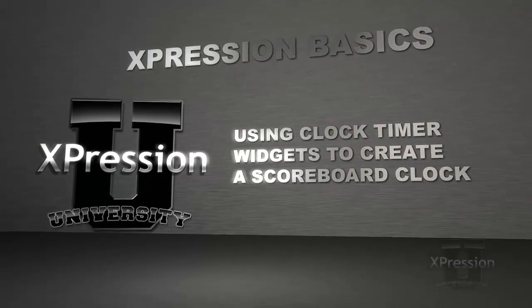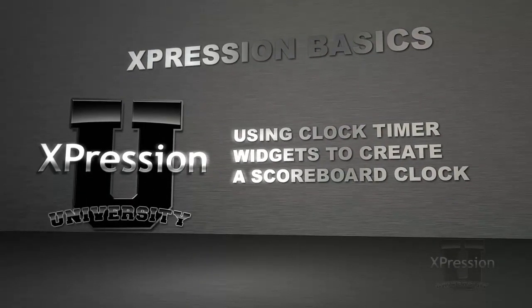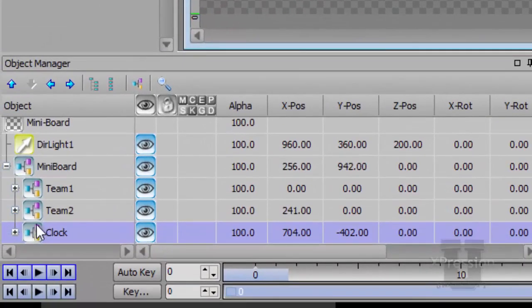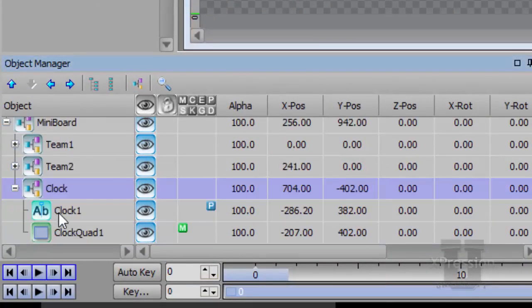I'd like to show you a quick, simple way to put clocks into your graphics in XPression. I have a scene here on my viewport where I put together a basic, simple mini scoreboard where I have the team tricodes, their scores, and also a spot for a clock. If we come down to my object manager, I'm going to open up the clock group,